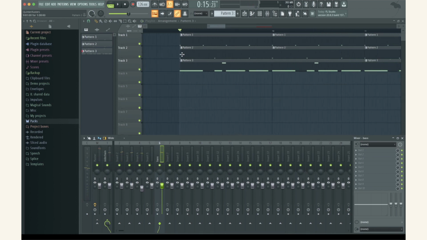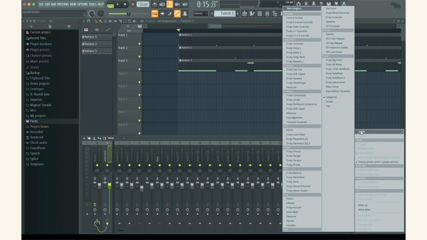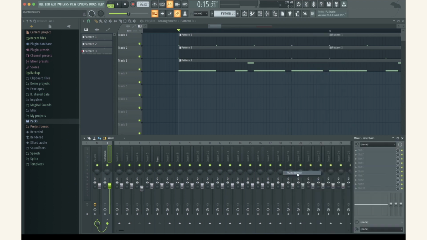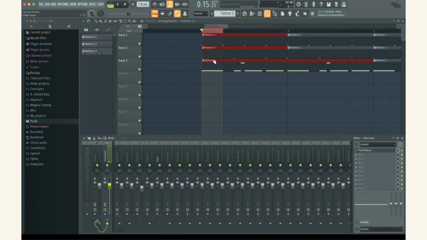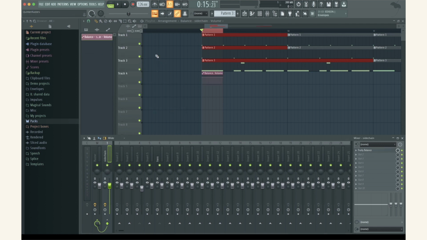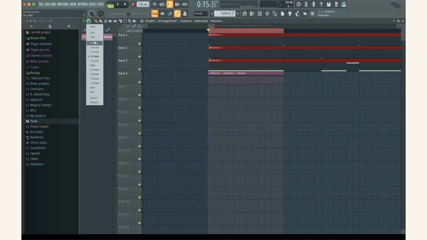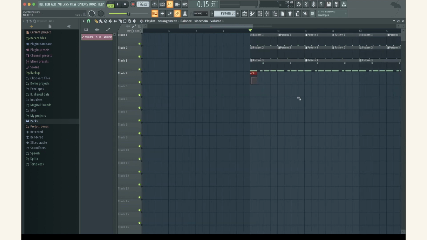now let's actually work on the sidechain. To do this, I'm selecting the sidechain, going on to the slots of the sidechain, pressing slot 1, select, putting in Fruity Balance, then going onto your playlist, highlighting one beat, clicking the Fruity Balance again, right clicking the volume, creating an automation clip on the volume, getting rid of the loop, highlighting it, copying it over